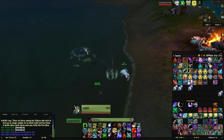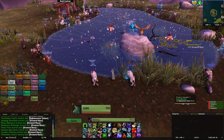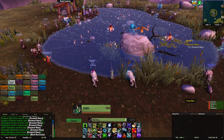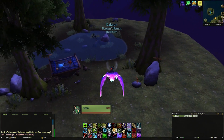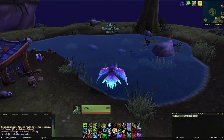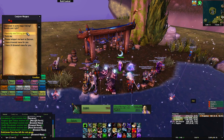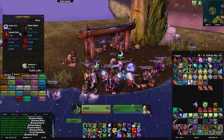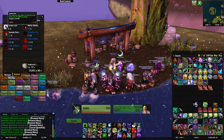The artifact isn't the only reason to pick up fishing though. There's a whole little reputation with its own vendor related to Legion fishing, and if you haven't started fishing yet, don't worry. If you can fly, you can head on over to Margos's Retreat easily enough and start fishing up Drowned Mana. Drowned Mana is a currency used for the reputation vendor who sells all manner of goodies, from little cosmetic pieces for fishing, toys, and even the Brine Deep Bottom Feeder. Some of the items even help speed up acquiring the artifact, so it's worth learning about if you want to